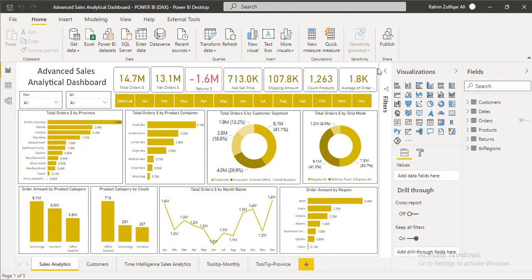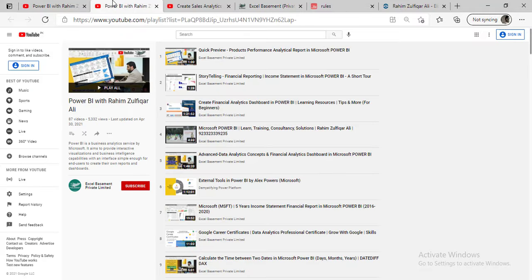In some of the videos already available on YouTube, I have already defined the CRAP rule in detail. CRAP stands for contrast, repetition, alignment, and proximity. It's very necessary for a basic user or an advanced user to understand this CRAP rule. It's very easily available. You can just go to Google and search CRAP rule, design rule, and you will find a lot of examples. This will clear your perception in creating dashboard designs.